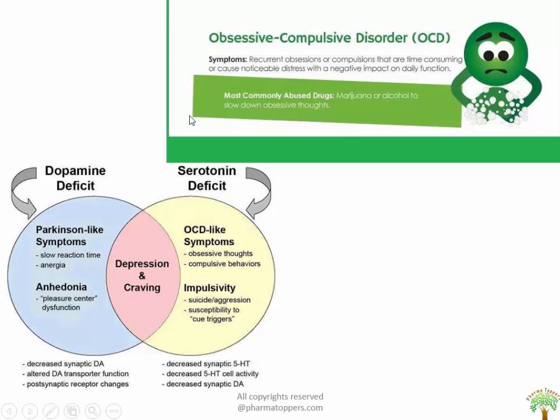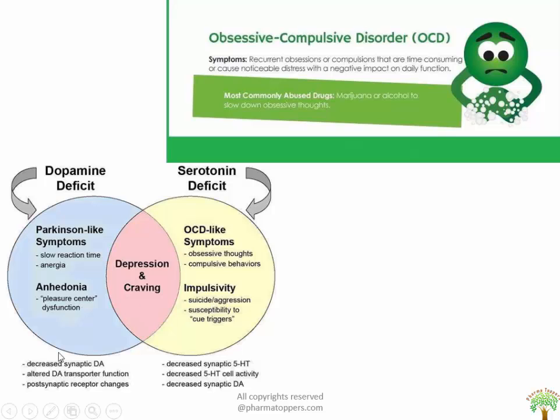So here you could see, friends, this chart. You could see OCD, that is obsessive compulsive disorder, the symptoms of which are compulsions that are time consuming or cause noticeable distress with a negative impact on daily function. The most commonly abused drugs are marijuana or alcohol, which slow down these thoughts. So comparing the dopamine deficit and the serotonin deficit, it was found that the deficiency of dopamine is involved in Parkinson syndrome and anhedonia. And also this involves depression and craving, whereas in serotonin deficit it was found that there are OCD-like symptoms and